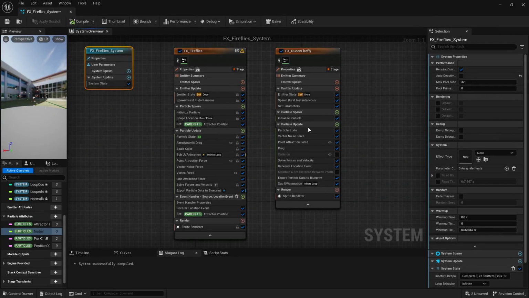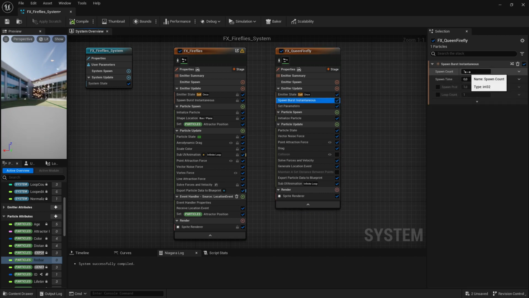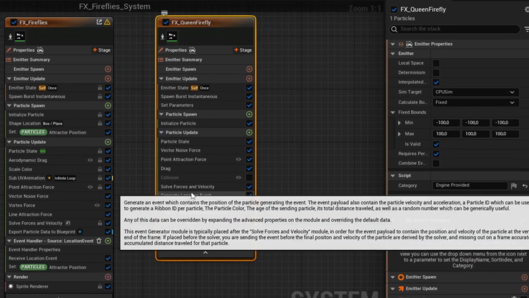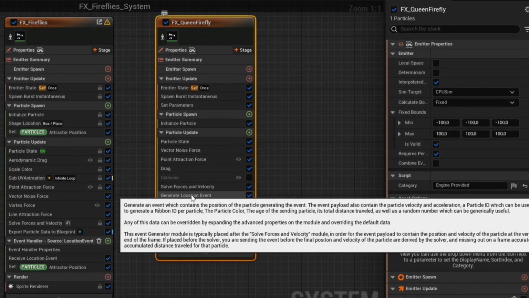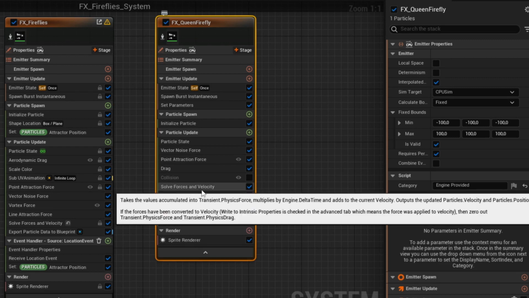It contains one emitter for the queen firefly, which is just one particle, and another emitter for the swarm. These are around 100 particles. I won't go into the details of how these are set up, because I just want to focus on the communication between these parts. To let the swarm follow the queen, I set up a generate location event module here in the particle update section. It should be placed right after the solve forces and velocity module to make sure that the particle data is